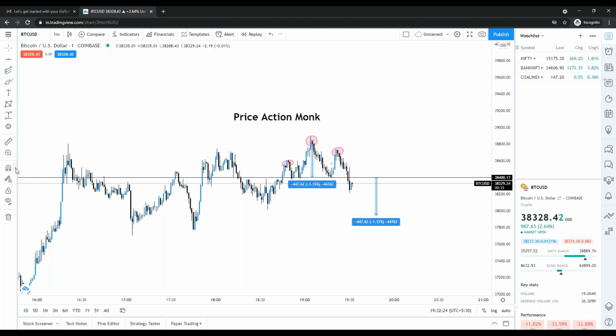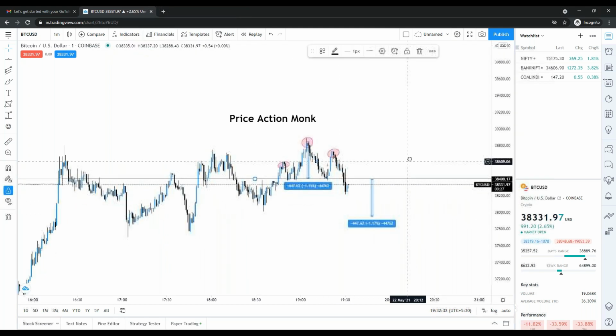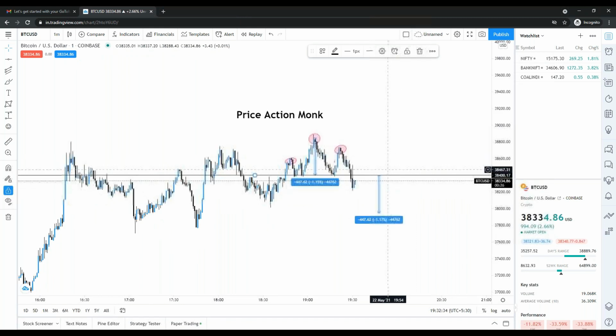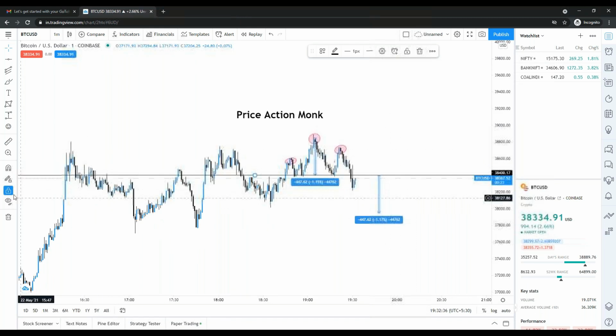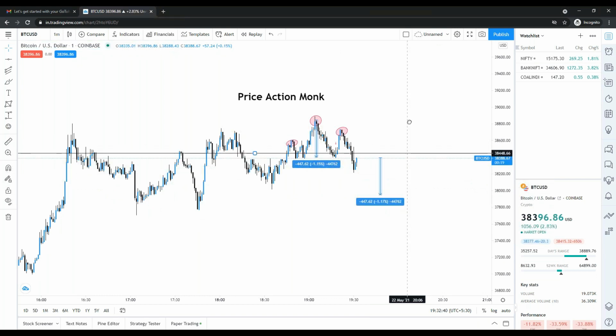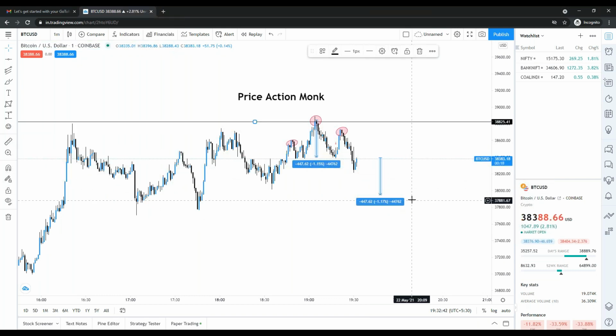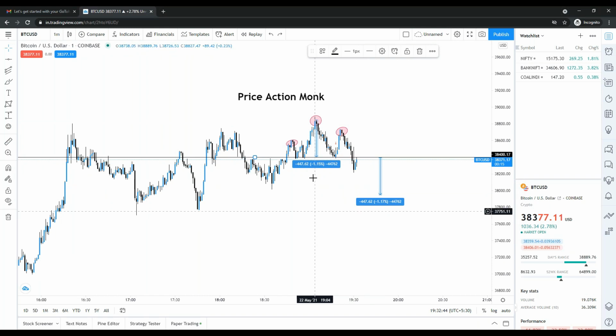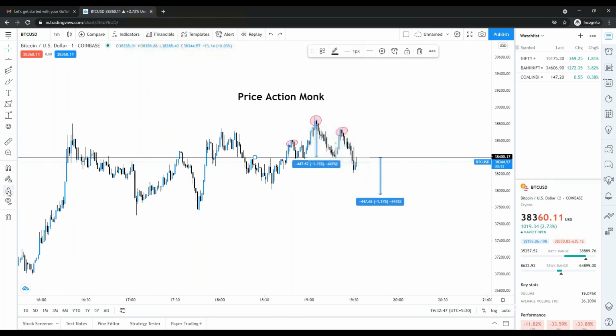This magnet, not magnet, this one, lock. If you lock it, then see, your trend line and all will not be moving because it's locked. If you unlock it, see, if I'm moving my trend line, the trend line is moving up, right? So this is important. This is very, very important. Okay, so after drawing the pictures, you should lock your screen.